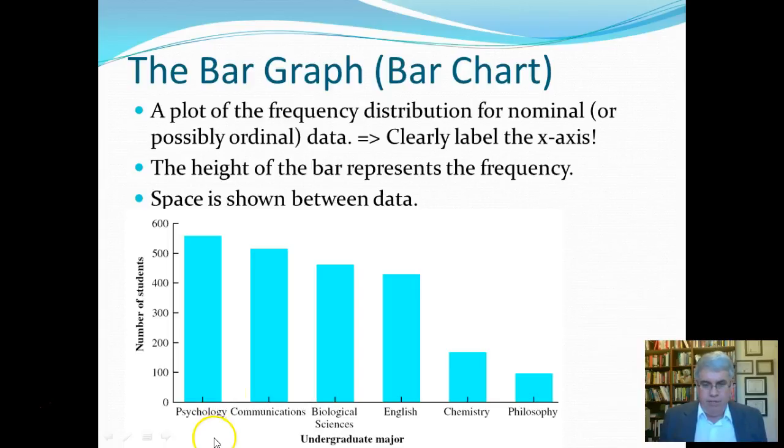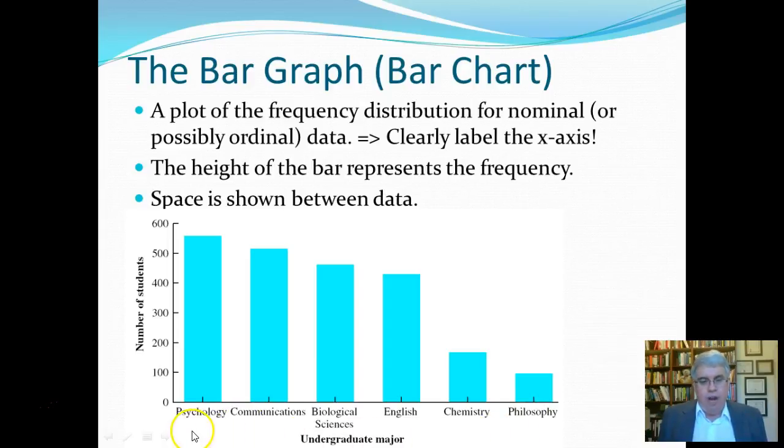So here we've got 6 different undergraduate majors, and we've got the number of students in each major. So psychology has the most with about 550, and philosophy has the least with about 100 majors. And you can look at the height of the bar to figure out how many each major has.